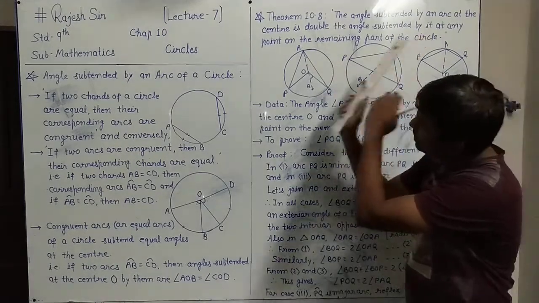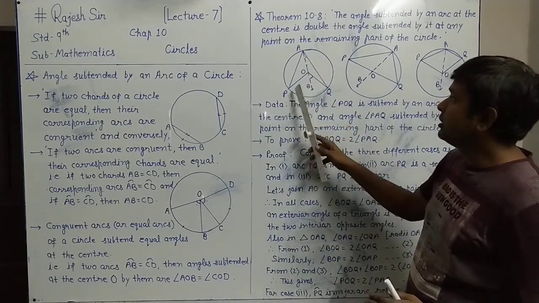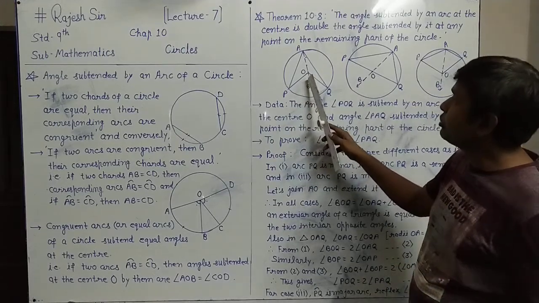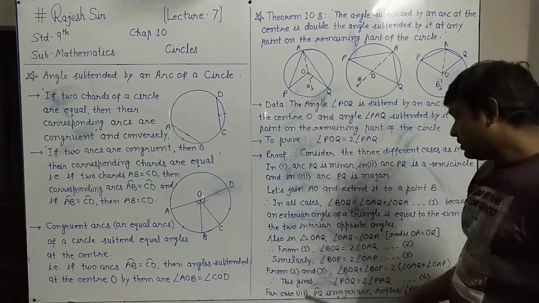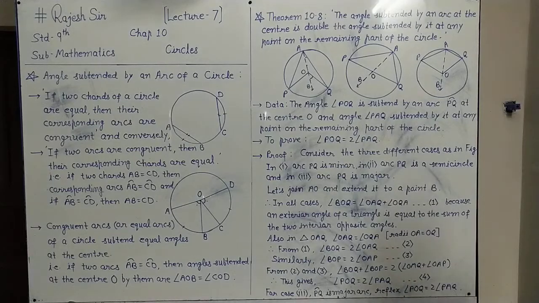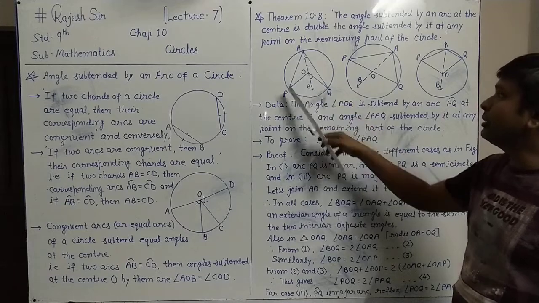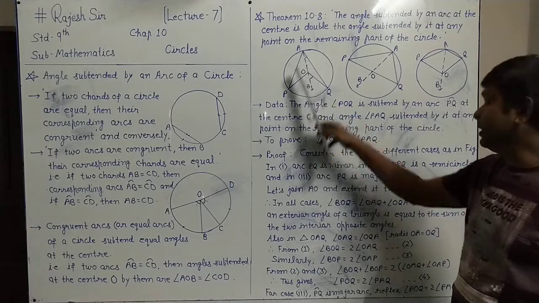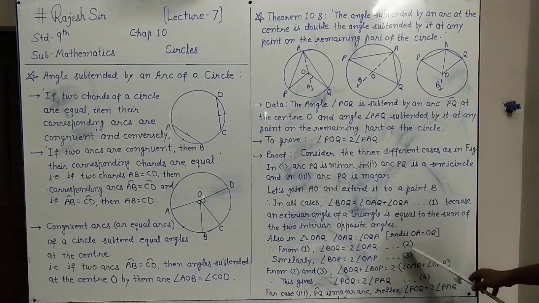Similarly, on the left side triangle, if I take triangle OAP, this angle BOP is the exterior angle, and we can similarly prove that this exterior angle is double this angle OAP. So we can directly write that exterior angle BOP for this triangle OAP, angle BOP is double angle OAP. Similarly we can prove it. Say this is result 3.